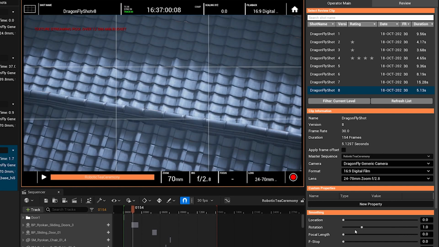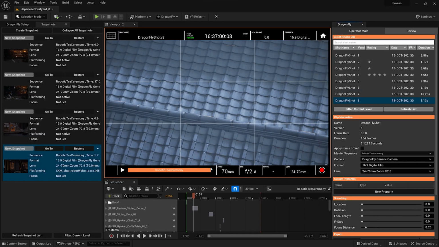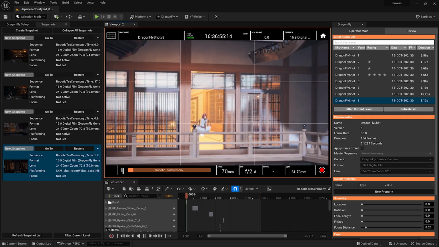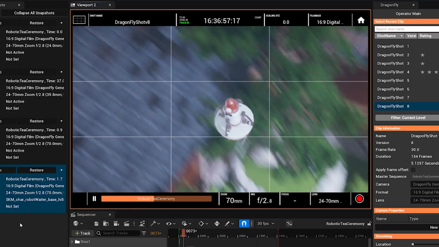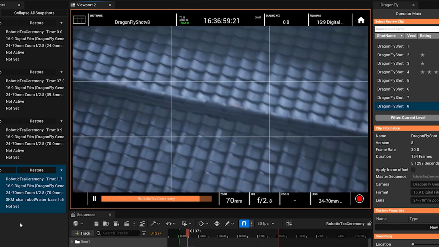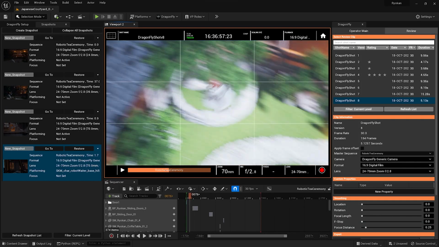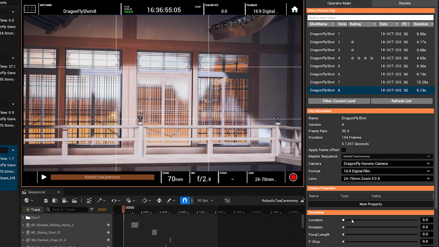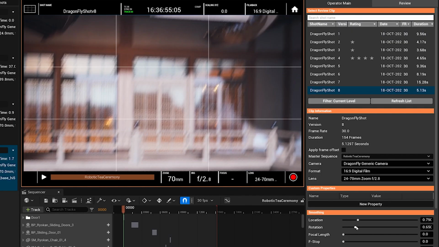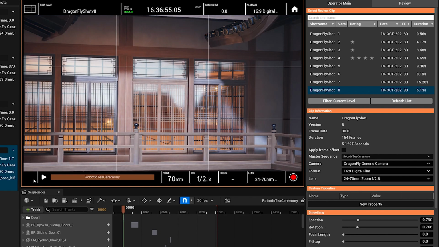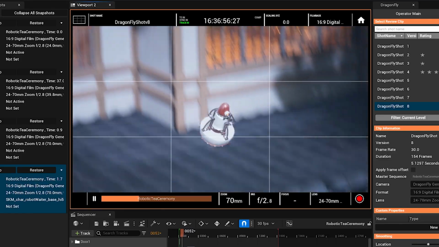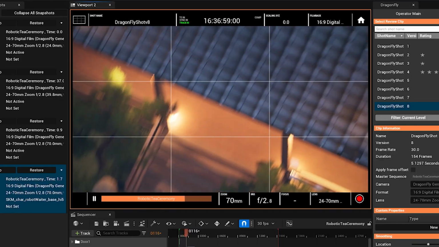Let's quickly take a look at what this shot looks like without smoothing, just to understand how this process works. So you can see there's a lot of camera shake here. That's because I'm basically compressing all my handheld shake into 1/7 of its original time. But again, just by applying a little bit of smoothing, we can take care of that and get to the smooth tracking shot that we are looking for.